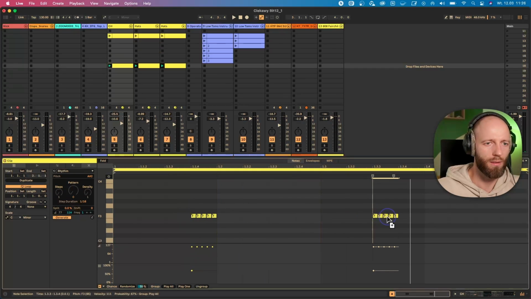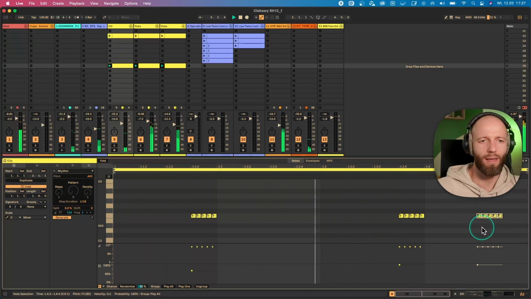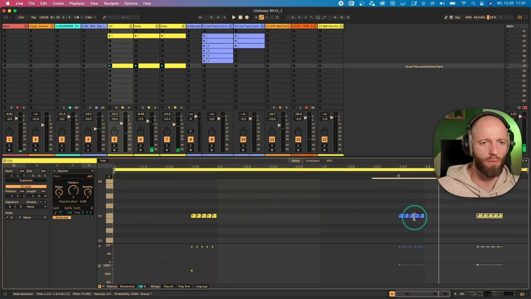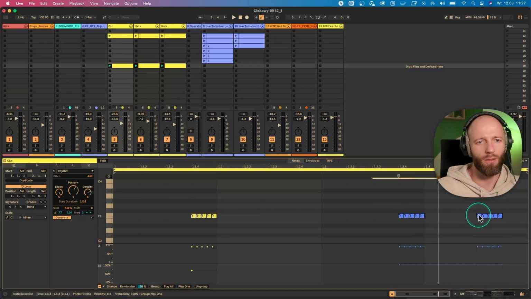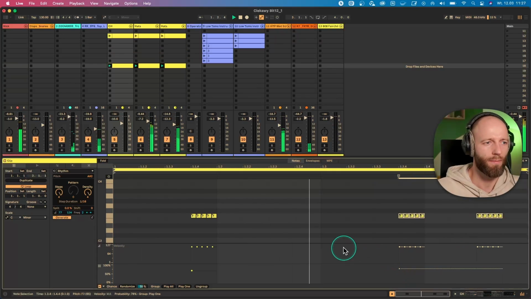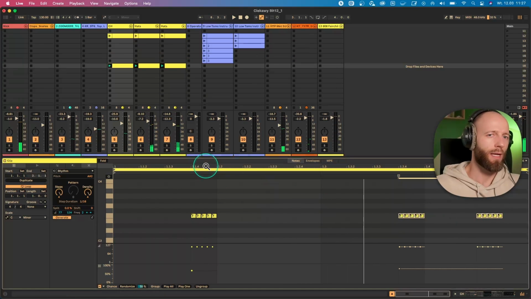I'm gonna copy this. Okay, now we have three rolls, so I will group them as well, and I will do play one. So it's either that or that, with a probability of 80, 70, 80, 78%. Yeah, so this one plays, none plays, the last one plays. So this is nice for rhythm, for hi-hats, for, I don't know,